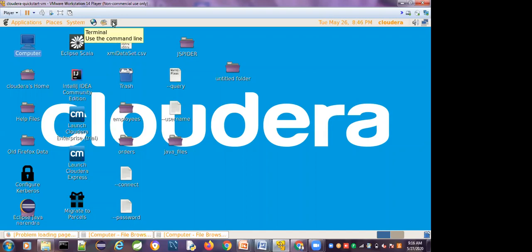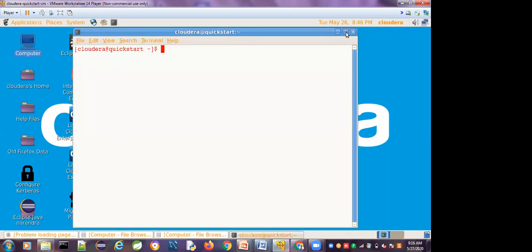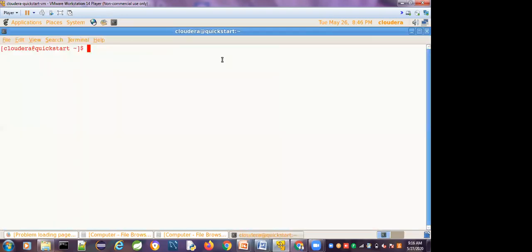Now I want to log in again. Press on the terminal. Usually we connect with PuTTY to the Linux server, but here I am connecting directly. So exit is the keyword used to log out from the operating system.